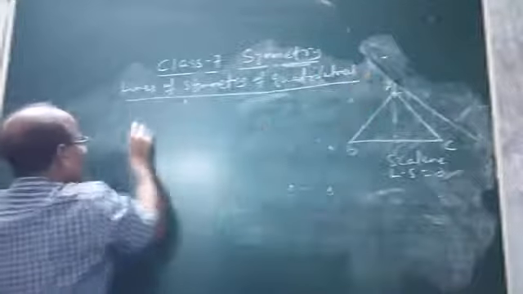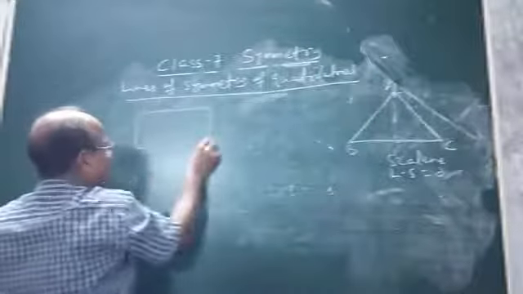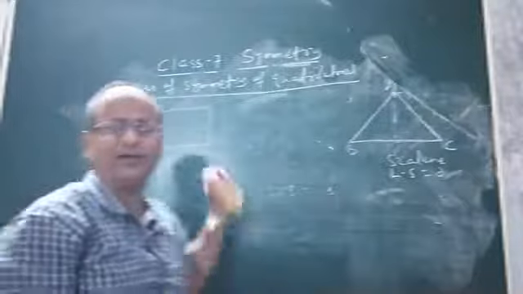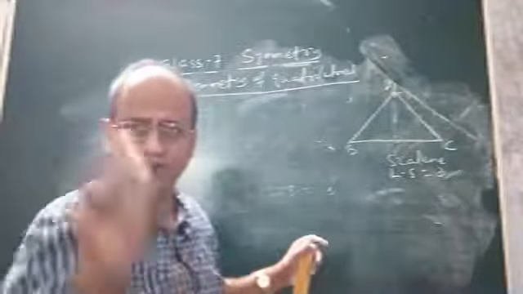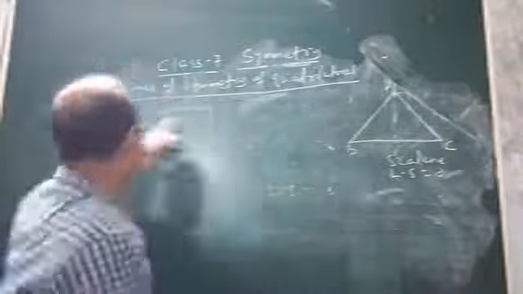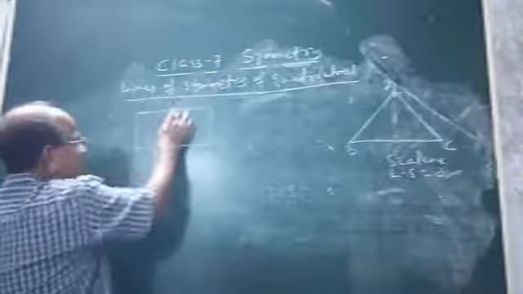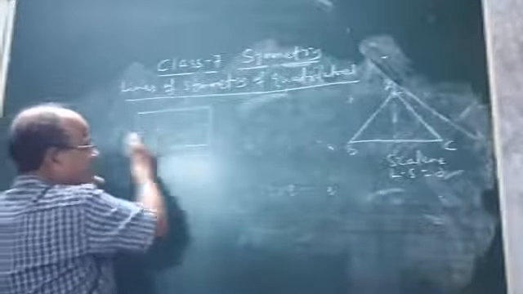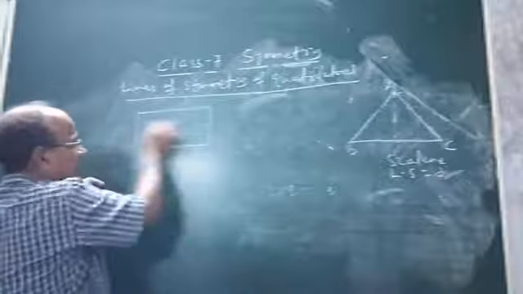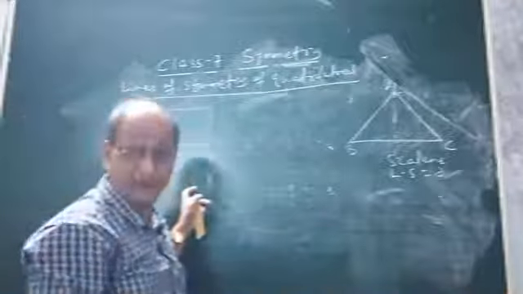See, suppose a rectangle. Look at the rectangle. A rectangle is a quadrilateral. Why is it a quadrilateral? Because it is bounded, closed by four sides. In a rectangle, opposite sides are equal. This is the length, and these two are the breadths. These two are equal and these two are equal. You know it from junior classes, elementary classes.